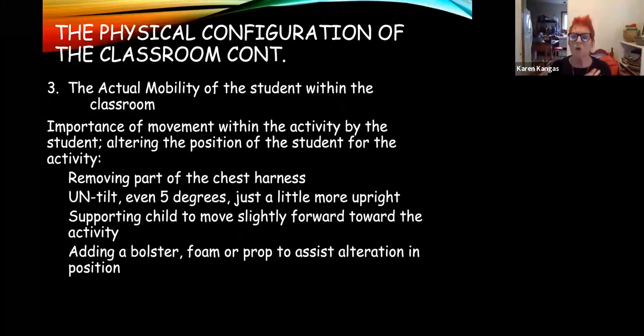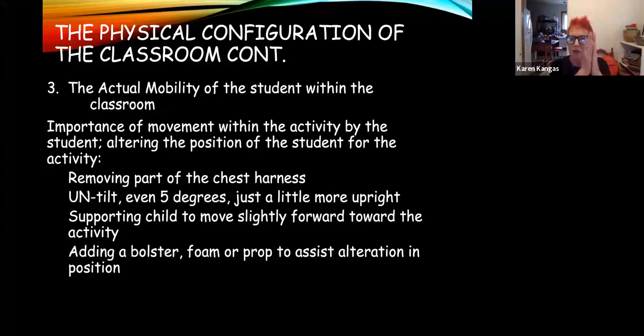So you may want to remove just one part of the chest harness. You may want to untilt them just 5 degrees so they're a little more upright. They may not be able to be all the way upright. It may be that the child cannot move forward in their seat, but if you folded a towel and